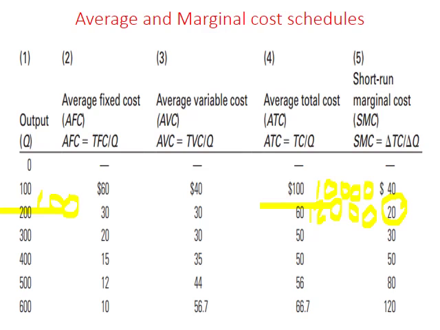This one is the change in TC over change in Q. So we can calculate like this. First, we have to calculate the total cost, each corresponding total cost. Then